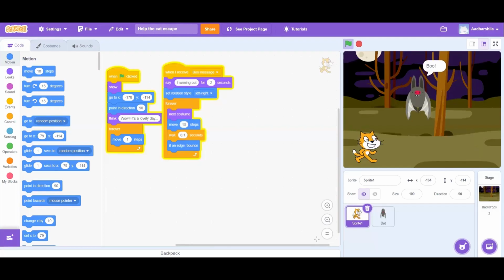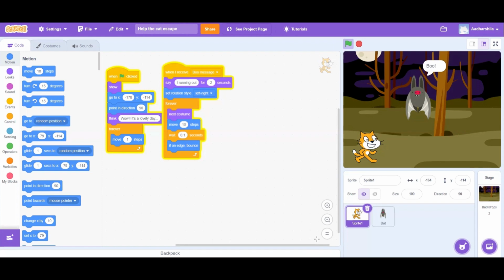For this, we want him to escape, and now we will make the second part of the code where we would like to help the cat escape from the bat in the woods so that the story has a happy end. But where do you want the cat to go? Well, we can move it anywhere. For this, I'm going to change different screens. When the cat touches the edge of the stage, we want him to go into the scene that we have chosen and escape from the bat.